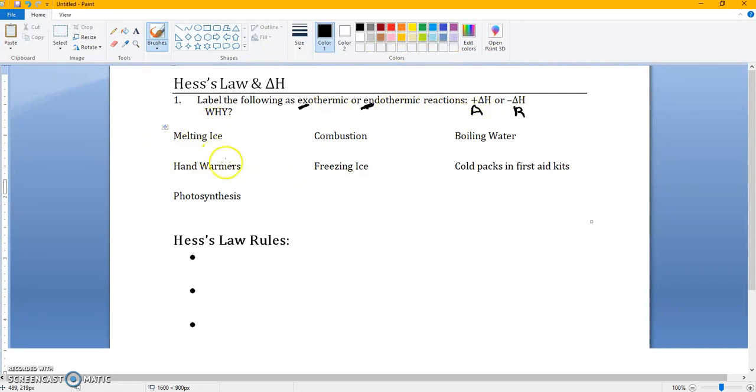So when I look at this guy, melting ice. Melting ice is going from a solid to a liquid. So solids are very structured, and liquids are more free-flowing. We know that. So I need to look at who has more energy, because enthalpy is all about energy. And if I look, solids have a lower energy than liquids, because liquids have more energy because they can move around, whereas solids are very structured and they don't move around